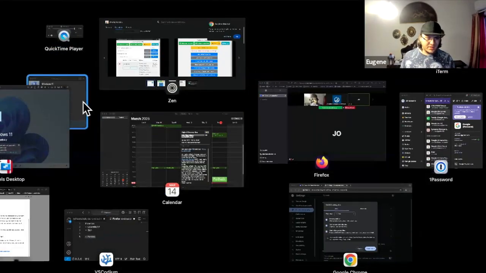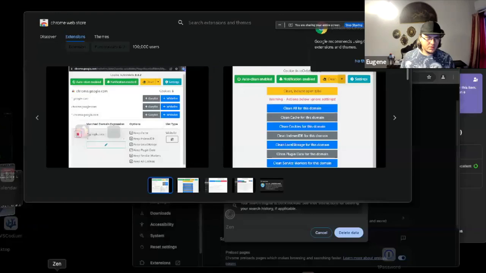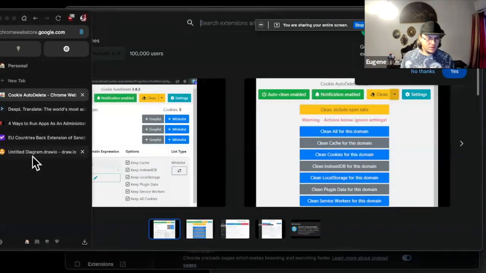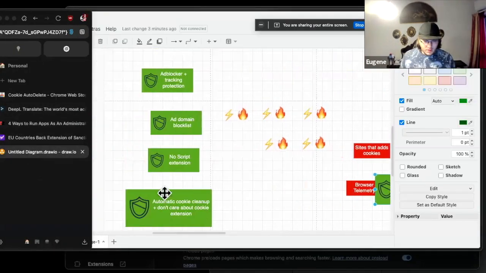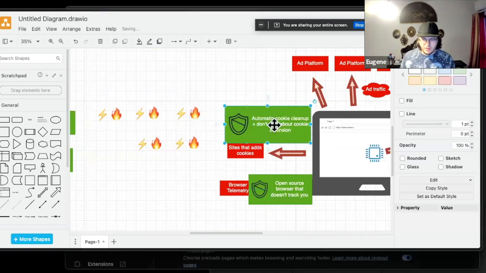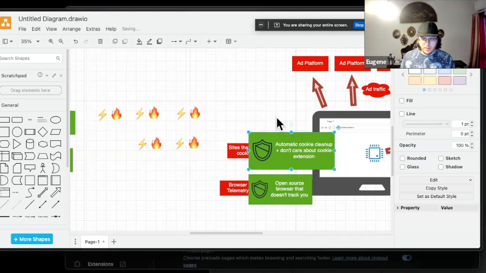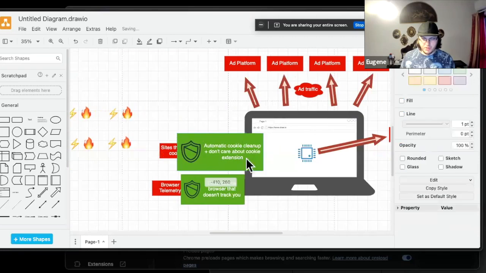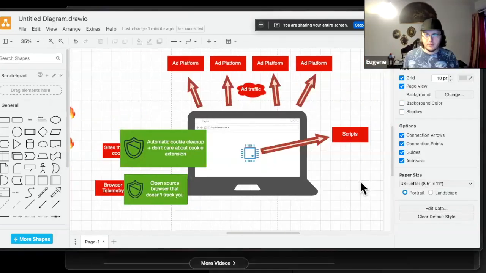And on our presentation, automatic cookie cleanup. So I'm placing this one here. It's like we removing this extra traffic. The next one,